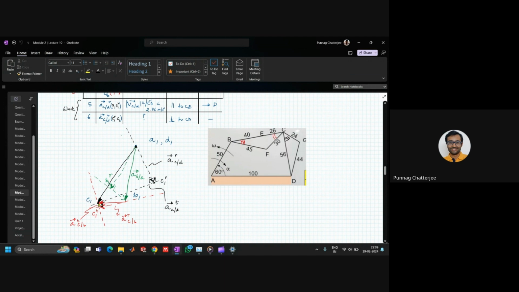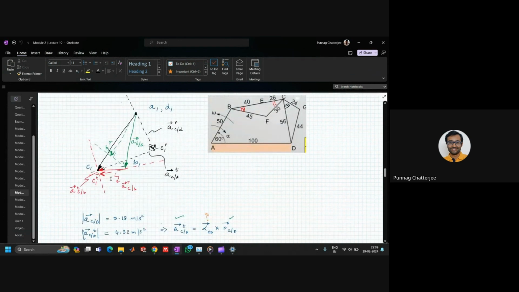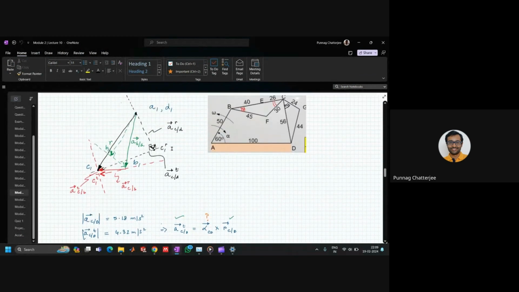So once we figure out point C, we can draw the solid lines, basically the solid red line and the solid black line. The solid black line represents A of C with respect to D, the total vector, and the solid red line represents A of C with respect to B, total vector. Okay. So now that we have that nailed down, we can try to solve for the angular accelerations of